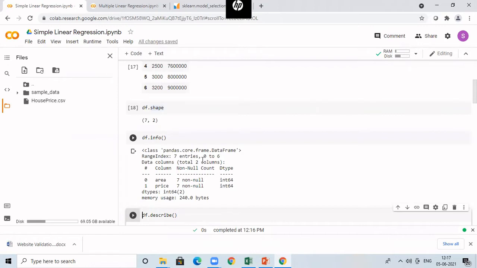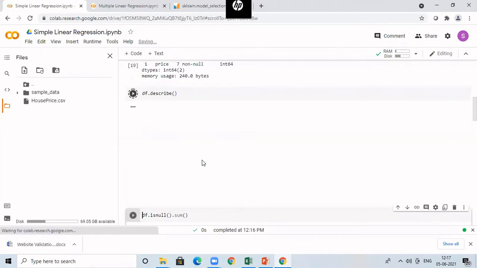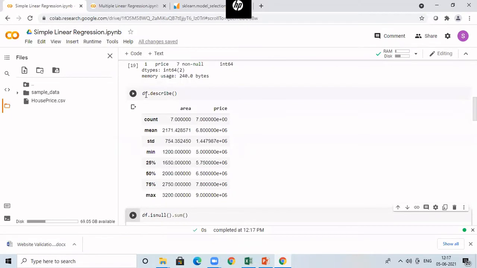After that, if you want to find out the mean value, median value, the 25th percentile, 75th percentile, and so on, you can describe the data frame. For that, you can call the function df.describe. It is going to tell you about all the numeric attributes. It will not tell for the string attributes. If your attribute is numeric, only then can you get the description. So it tells you how many rows there are, the mean value, the standard deviation, the minimum value for every column, 25%, 50%, 75%, and then the maximum value. All this information will be displayed.